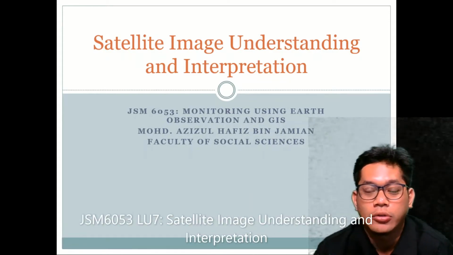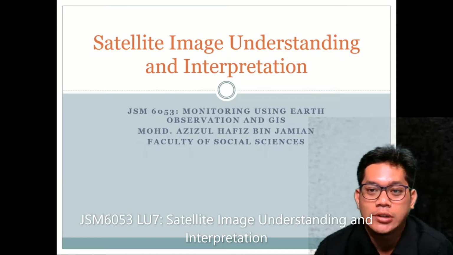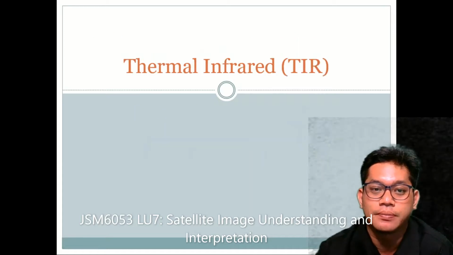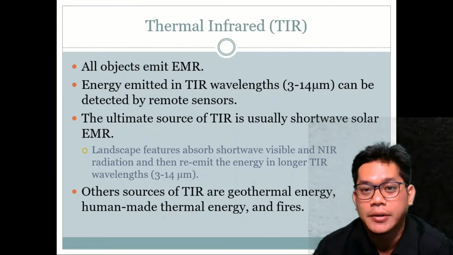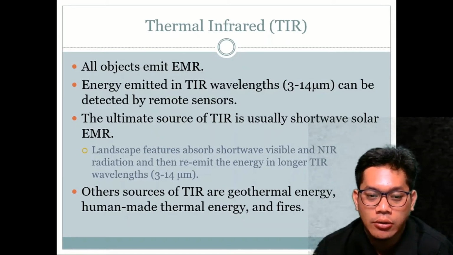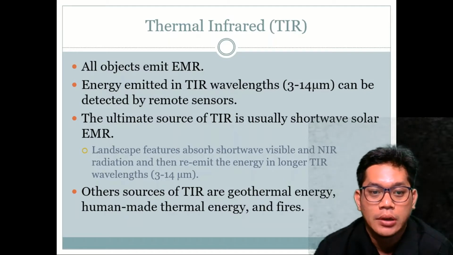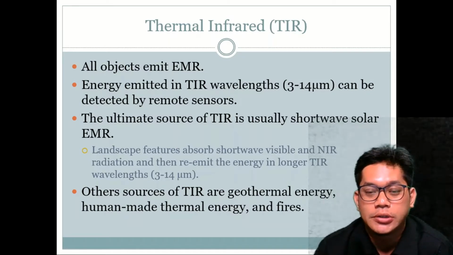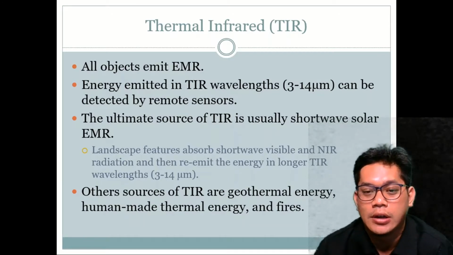Now we will continue on chapter 7, satellite image understanding and interpretation. First, we will look into the thermal infrared. As we studied in the previous chapter, we talked about the spectral properties, the satellites and so on, and we also talked about the multispectral, those RGB bands